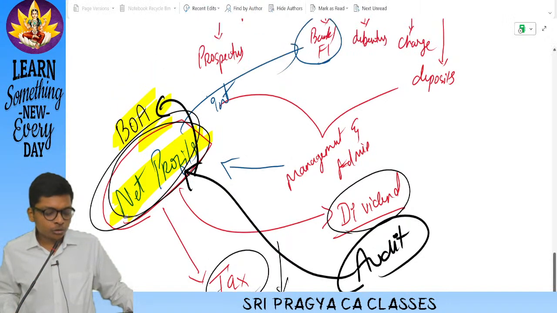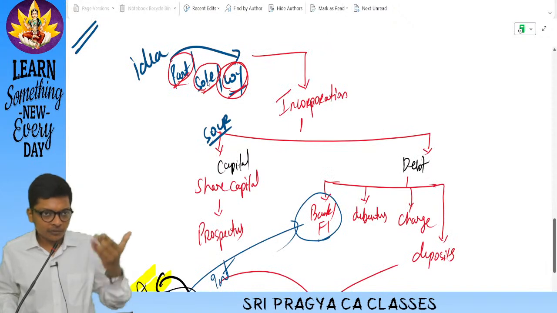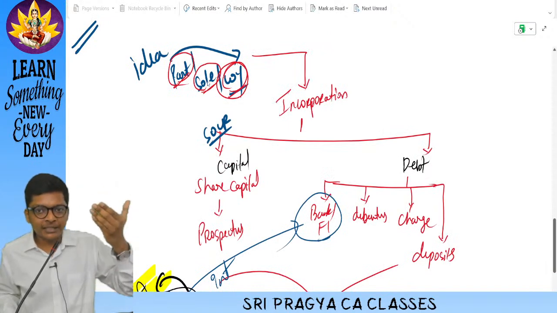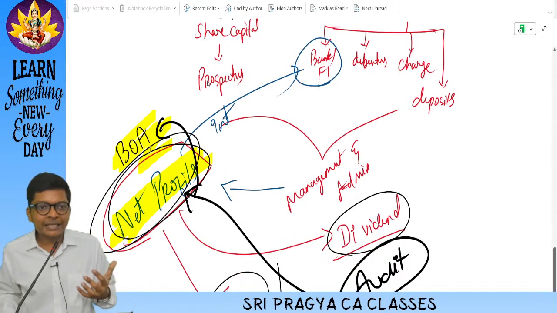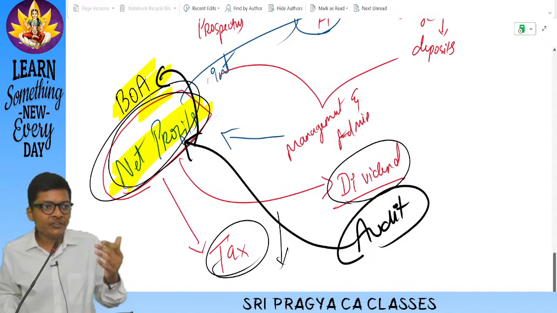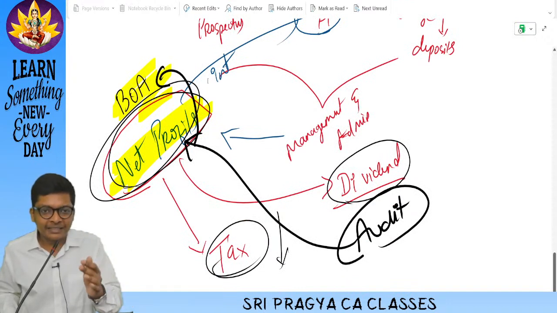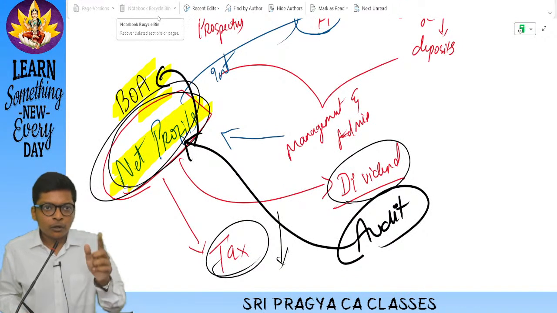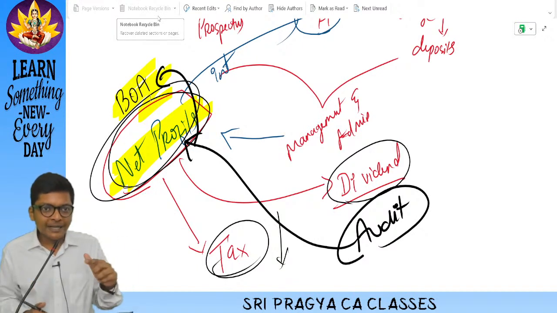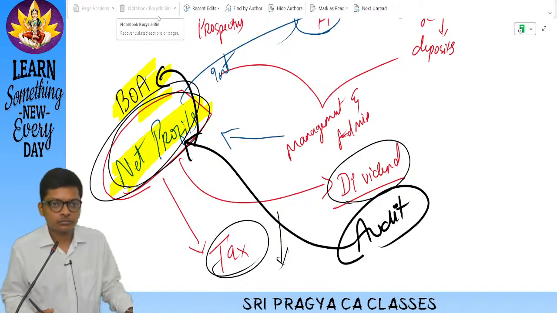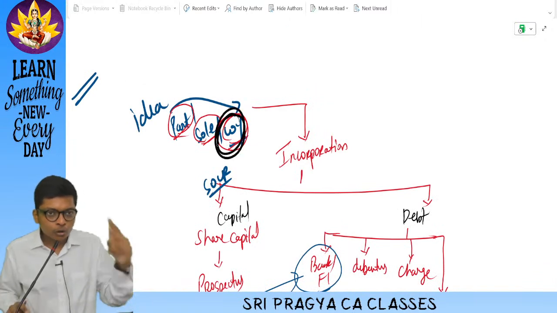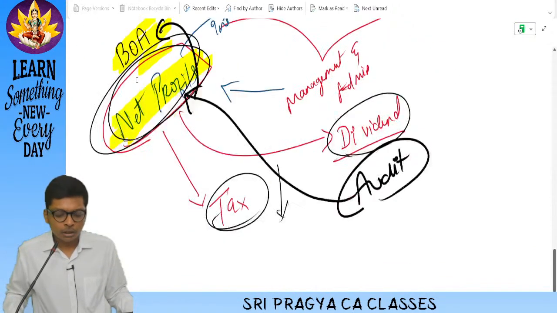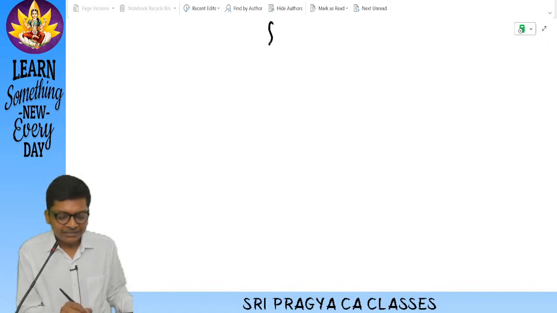Now, this story, what Murugan did, from deciding to start a company, incorporating, raising money from capital or debt, then getting a team for managing the business, earning profits, maintaining books of accounts, paying tax and dividend, and getting audited. Will only Murugan do, or everybody will do it? Everybody doing business will do this, sir. That means anybody starting a company will go through all of this. So now our syllabus